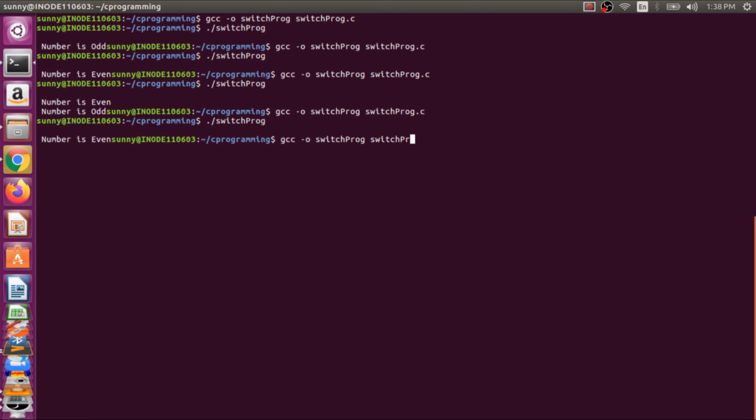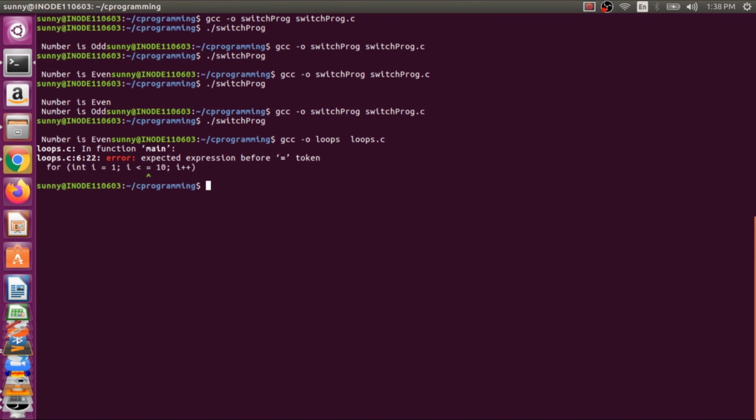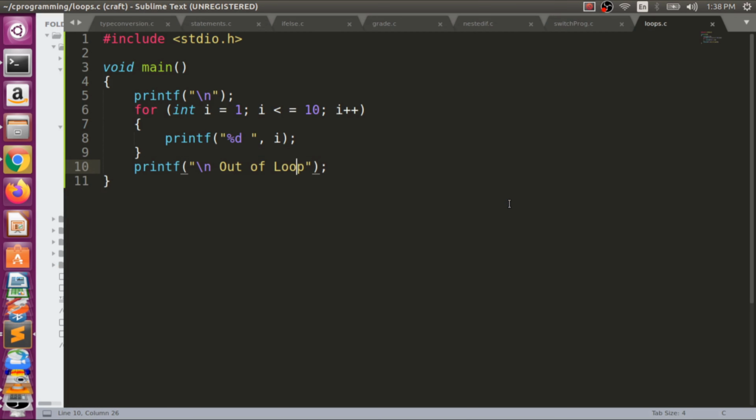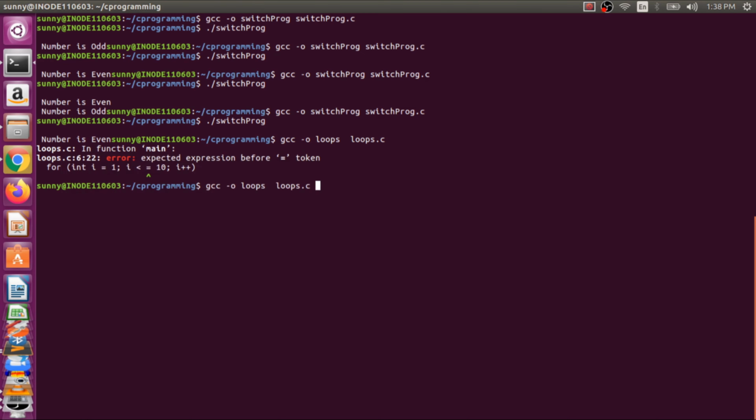Now our program is loops, and we will write it as loops, and we have an issue here. We cannot put a space here, it should be similar. So that was the issue, so we need to write loops.